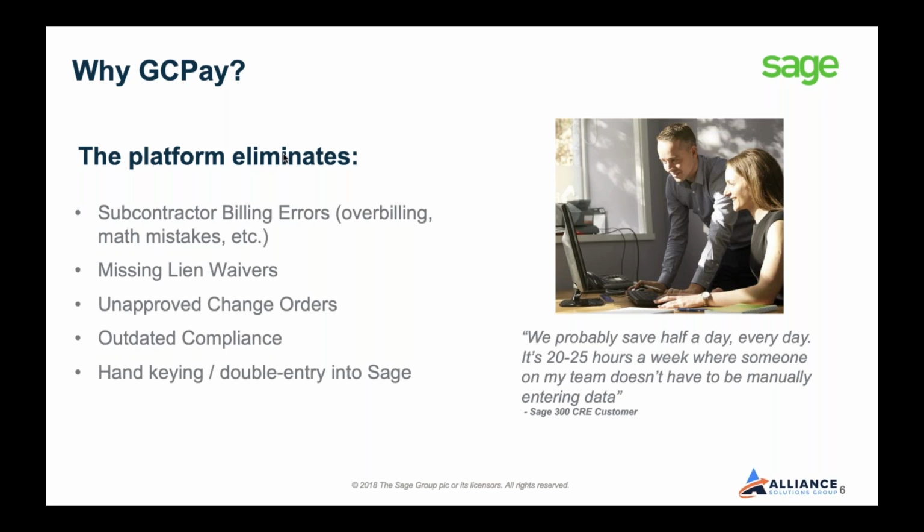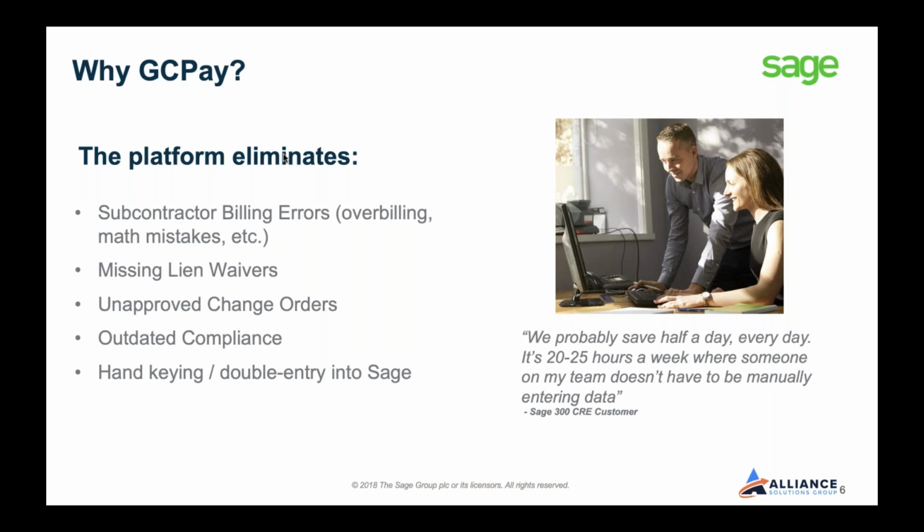So right now, if you're thinking about your current payout process and you deal with subs submitting contracts overbilled, schedule values overbilled, line items overbilled, or maybe they'll submit a billing to you where they think 50% of 50 is 35,000 and not 25,000, things like that. If you're dealing with any sort of overbilling, math mistakes, things like that, the platform truly eliminates a sub's ability to overbill a contract, overbill a line, or have any sort of math errors.